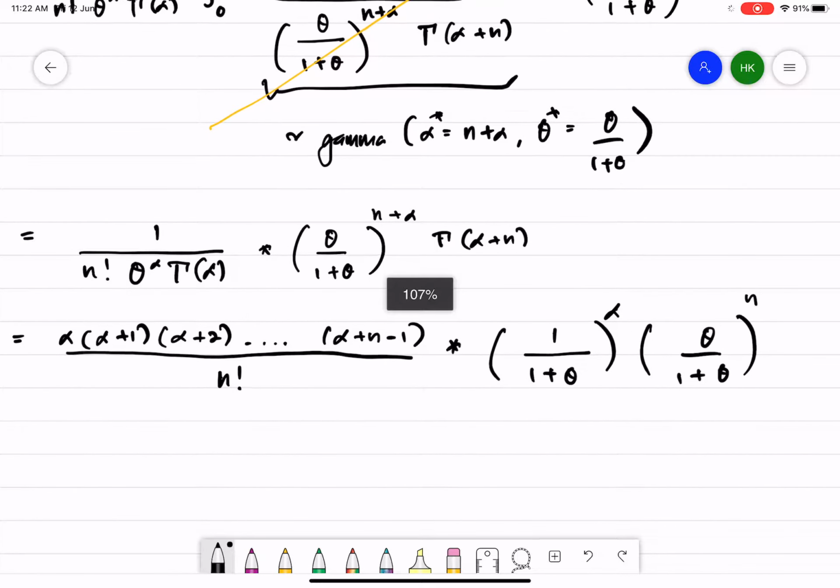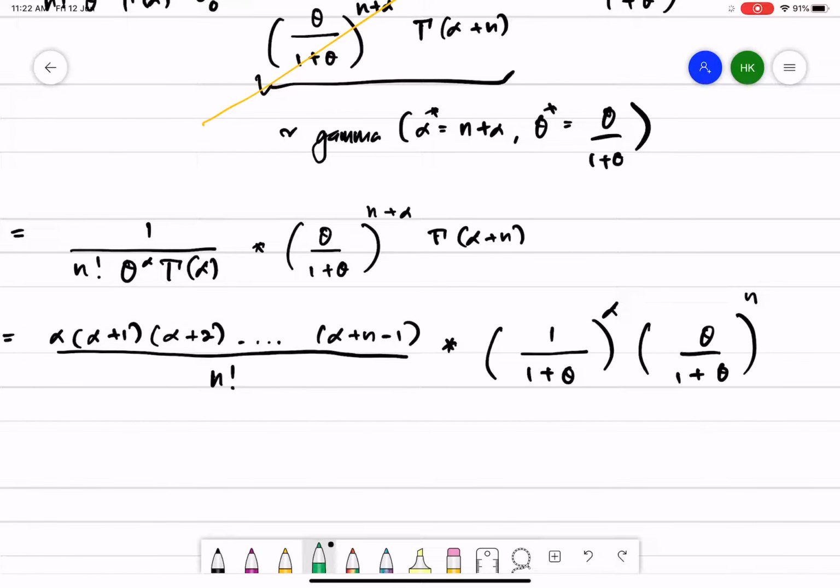I will just brief you on how we actually get this. When you look at the theta to the power alpha and the theta here, you can cancel the theta to the power alpha at the top here. That's the reason why you cancel that part out. So you are left with 1 over 1 plus theta to the power alpha, and theta over 1 plus theta to the power n for this one here. The n factorial here you get directly from here. So it's very straightforward, and we need to cancel out both of your